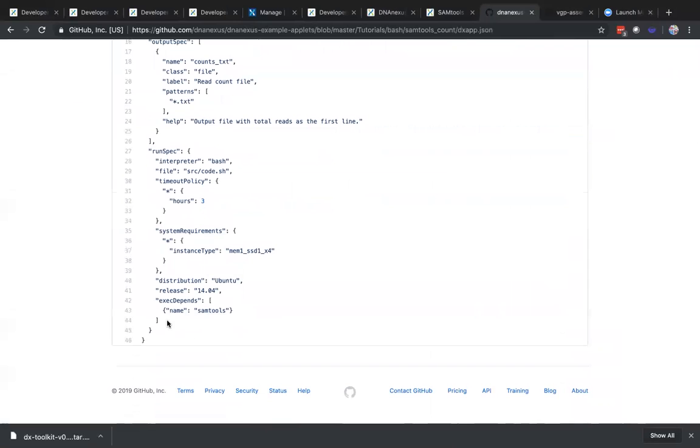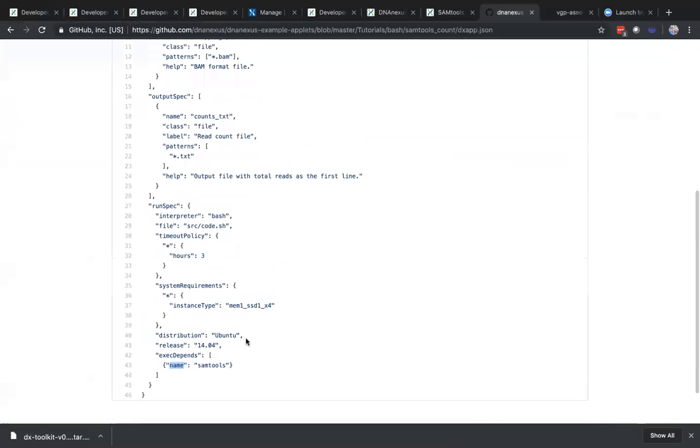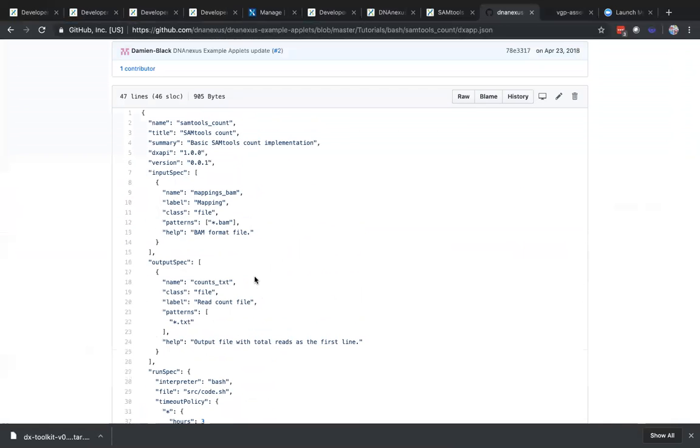So in this case, it was added using this exec depends command. This is one way to add binaries to your app that are available through some standard libraries like pip or apt-get. So the default is apt-get, so it will download samtools using apt-get install samtools. But you can also specify something like pip install some library that is a dependency for your script or something like that. But if we wanted the most recent version of samtools, which isn't available on apt, what we could do is